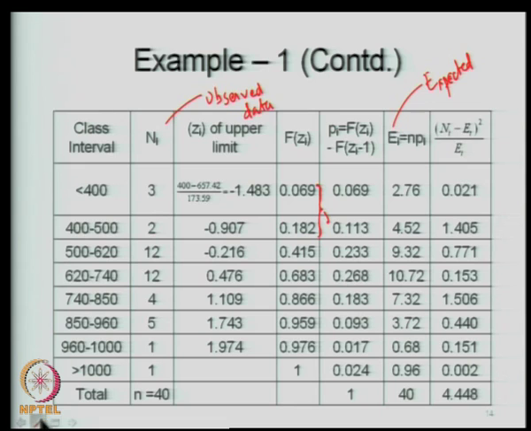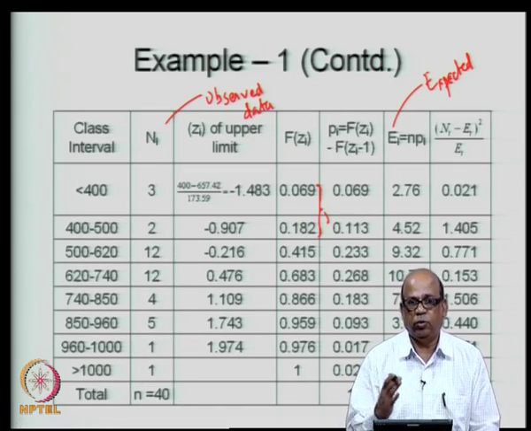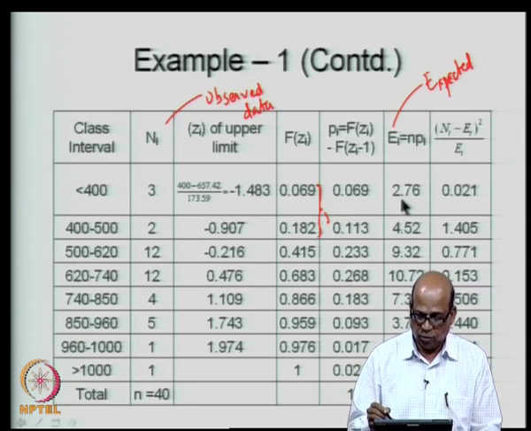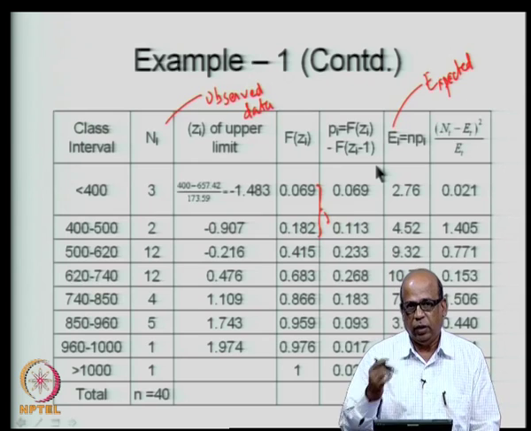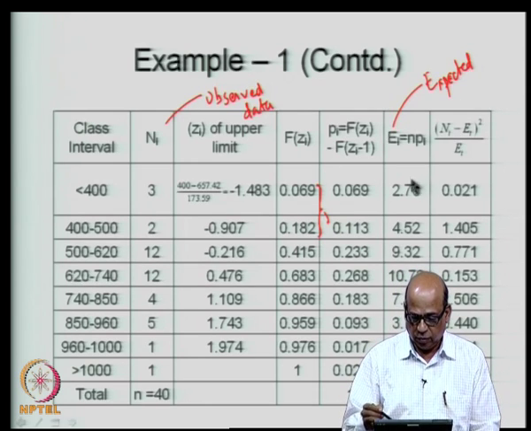Once you get 0.113, then you multiply that by your n value, and then you get the expected number of values. Remember here, the expected number need not be an integer, because we are taking it out from a theoretical distribution. So, you will get numbers such as 2.76, 4.52 and so on. So, although we call it a number, it need not be an integer here,